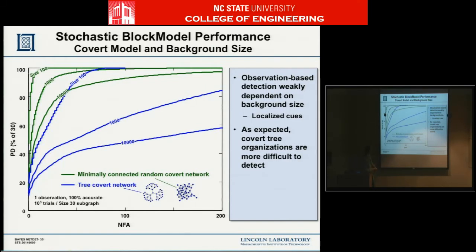And this gets into the topology, and getting back to that clip I showed from Battle of Algiers, if you use what is claimed to be an intuitively difficult topology to detect, a tree network, this shows the impact on performance. And it goes down, not surprisingly. So where we're at now is we can compute these things empirically, but it sure would be very nice to push some of the analytic results to quantify some of this stuff parametrically. That would be a nice result.